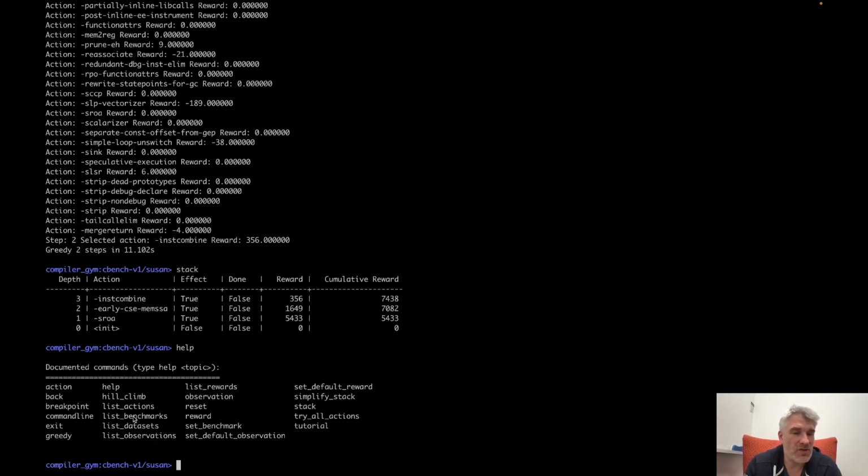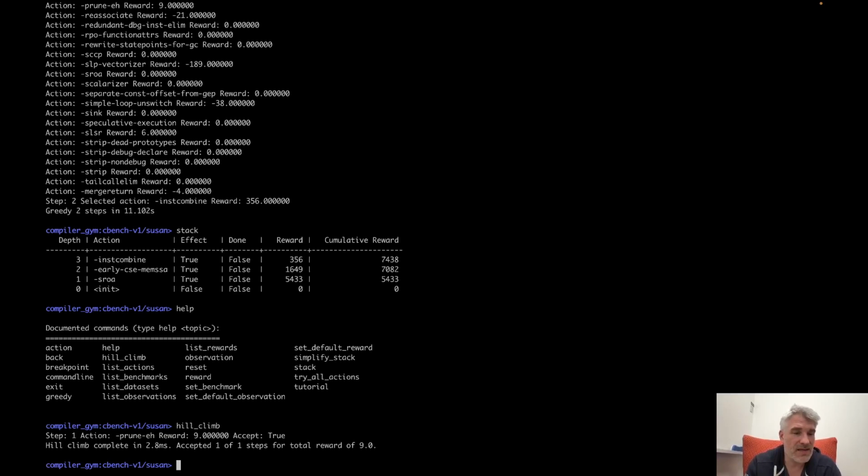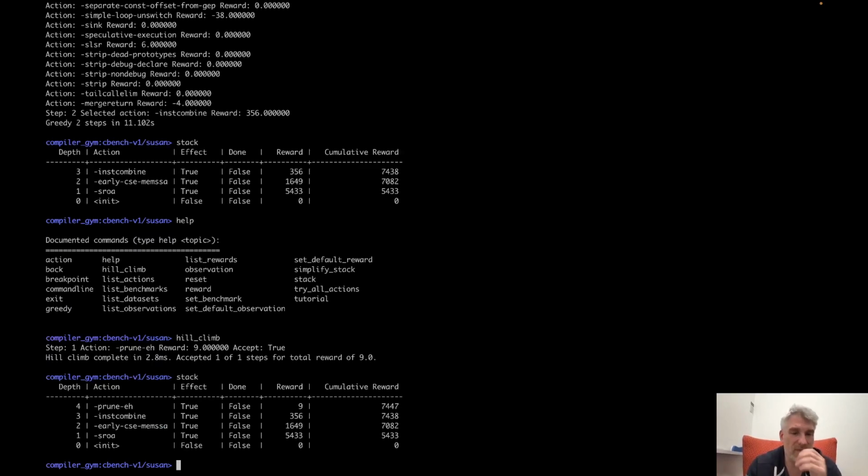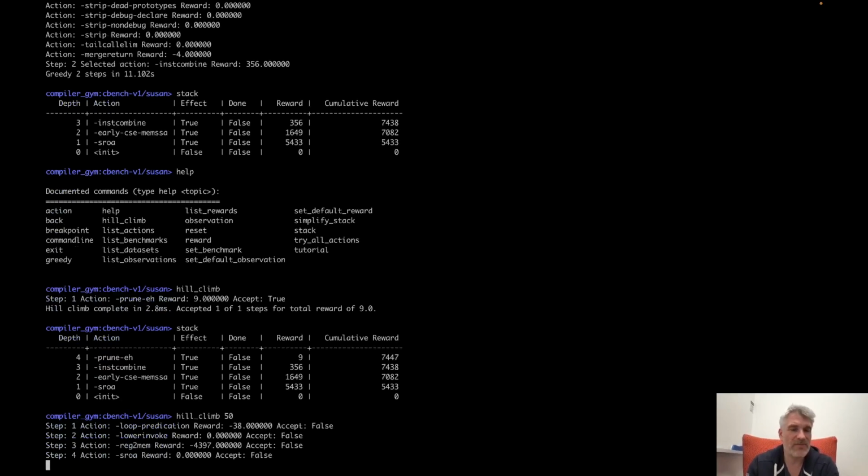The other search that is built in is hill climbing, which is simply going to randomly apply actions, accepting any that make the situation better and reverting any that don't. So we'll do one hill climbing step, and you'll see that it randomly does one, and we've accepted this because we had a positive reward, so it accepts it. And if we do that, we'll see that that is now on there. If we type in hill climbing and put in a number, let's do 50, then it will try to improve things 50 times,